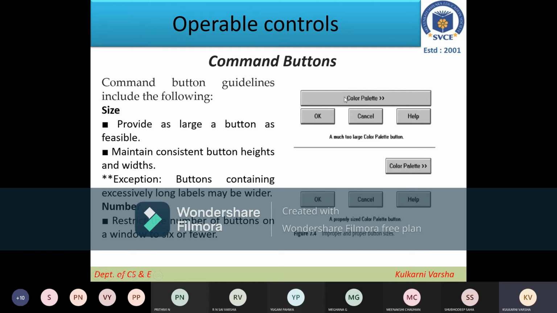But here are properly sized color palette buttons. It's not like here where too much size is given and within that size all these 3 buttons are managed. So this is always better.